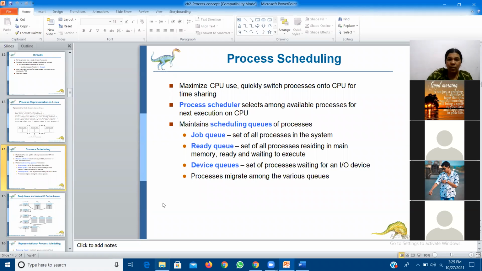And the device queue is the set of processes waiting for an IO device. There may be a number of processes that want to do input output operations. That is, they want to go to the waiting state according to our process state transition diagram. Such processes are kept inside the device queue. The best example of a device queue is nothing but the